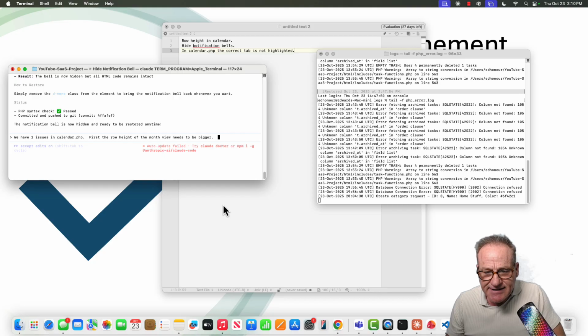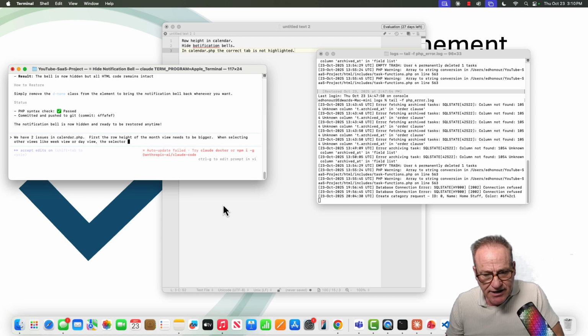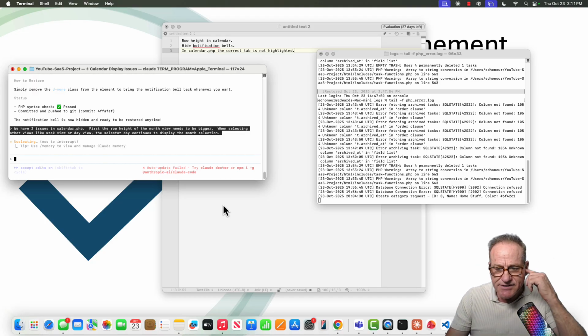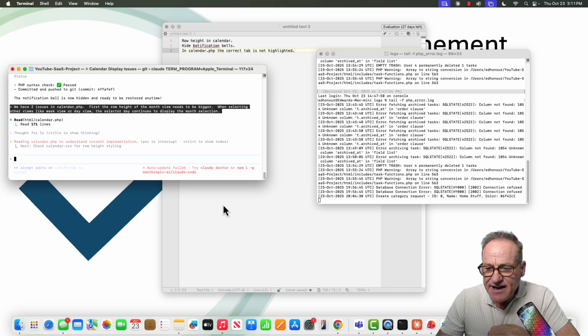And then second, when selecting other views like week view or day view, the selector tab continues to display the month view selection. Okay, so this is going to be the last of my big fixes, and we're going to have something